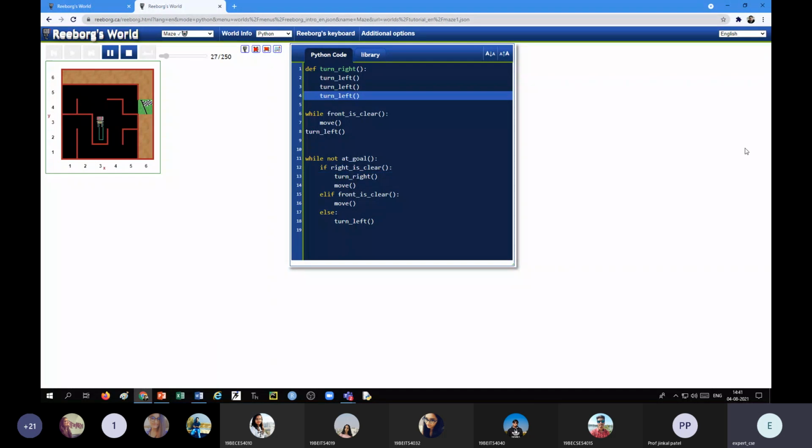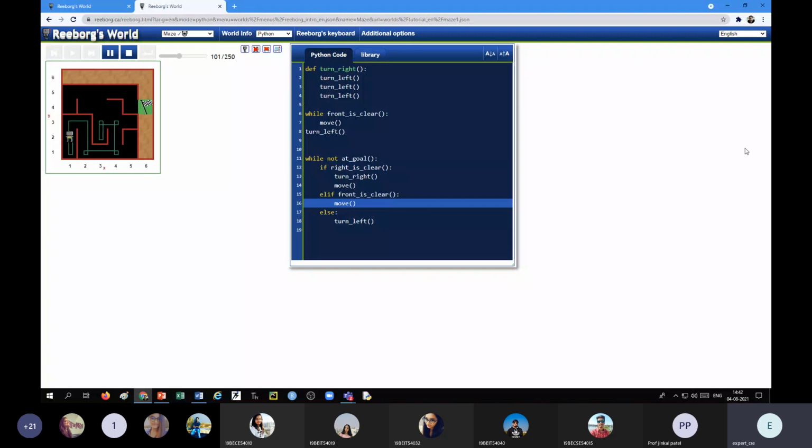Maze means a path and hurdles, which we normally use for any game. The robot is randomly at any place. We have to write a program to take the robot to the flag.